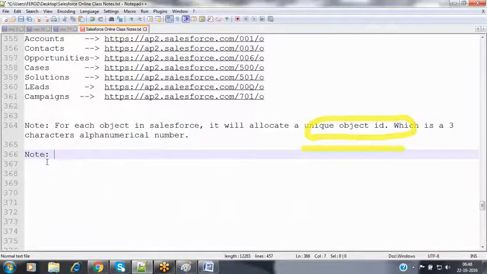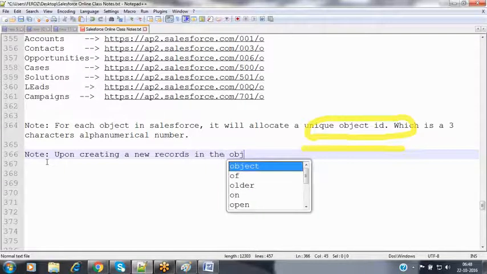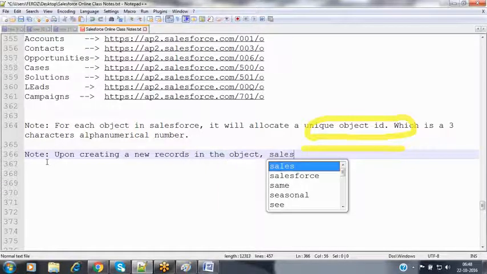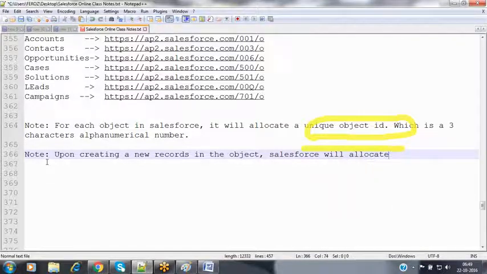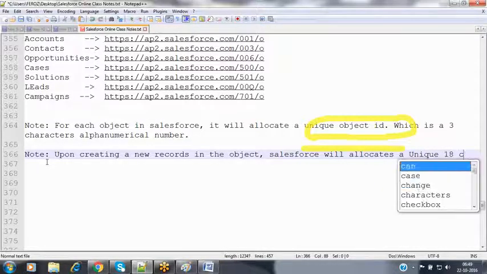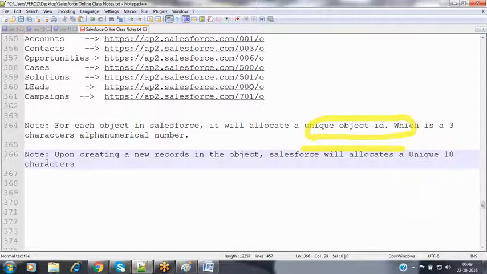Now let's make a note here. Upon creating a new record in the object, Salesforce will allocate a unique 18 characters record ID.